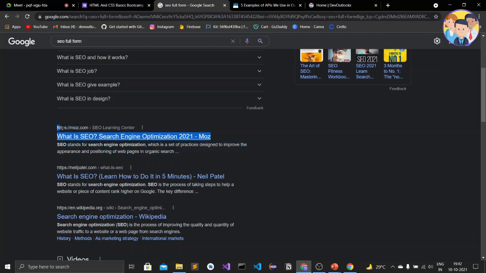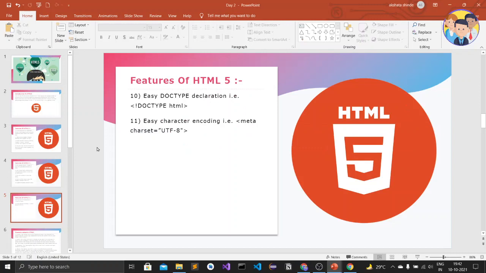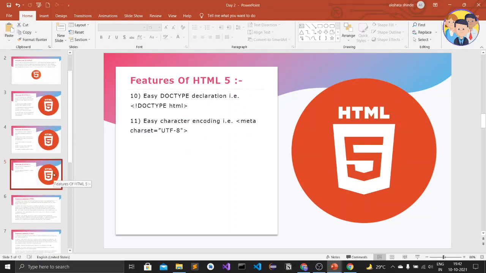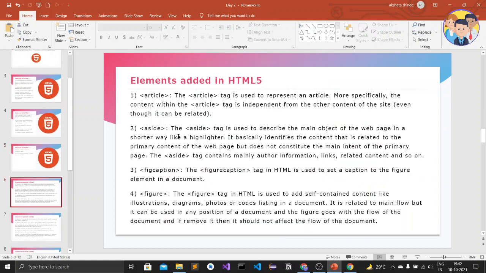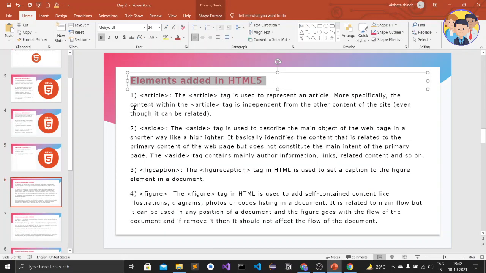This website is from moz.com. This is the heading, what this website does, and this is the small description of what this website does. So this is called SEO. SEO is very important to learn, and there are some keywords that make our website trending. So let's see the elements added in HTML5.